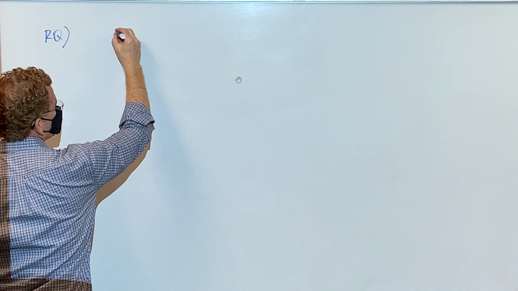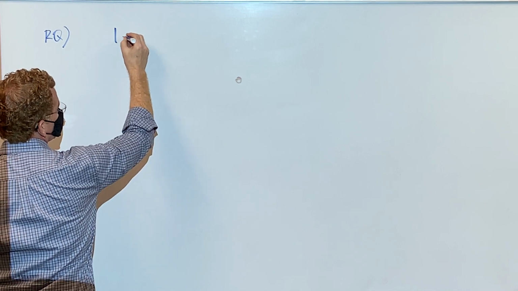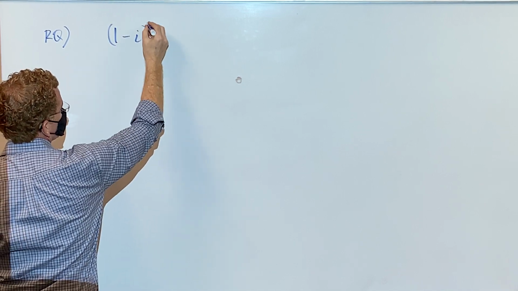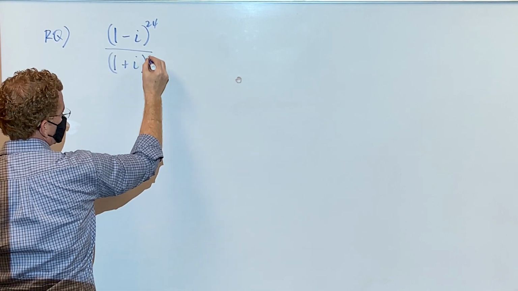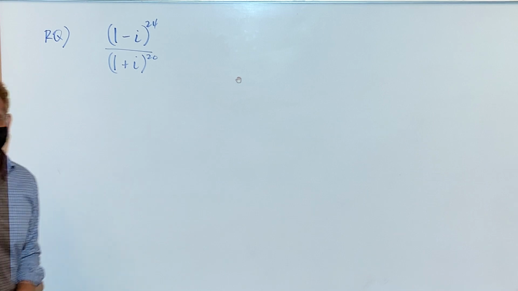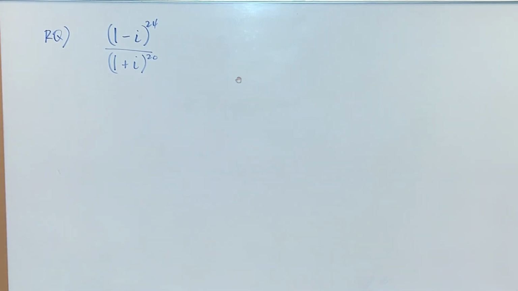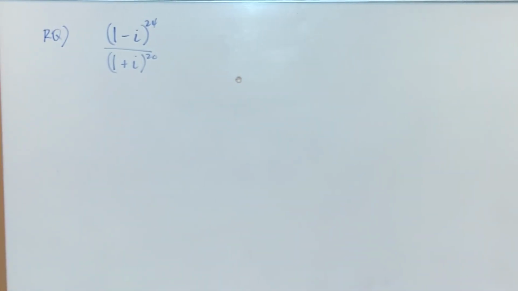What if I gave you this and said simplify? I'm thinking of two options right now. Well, three. The third option, which I hope nobody does, is literally write out 1 minus i 24 times and